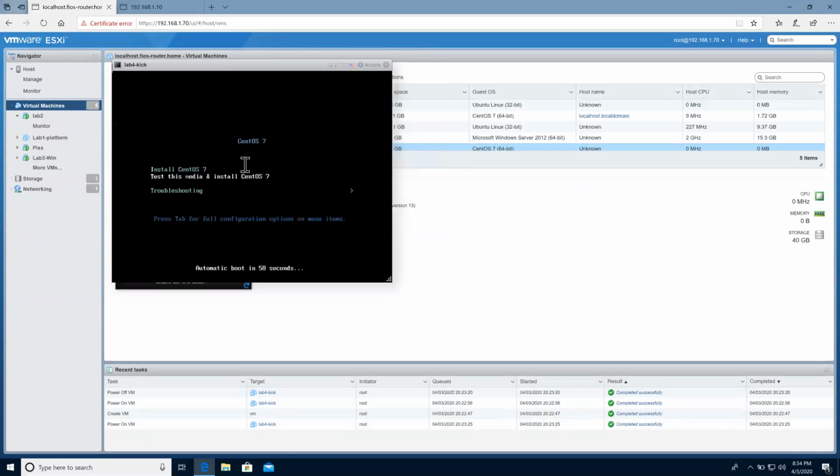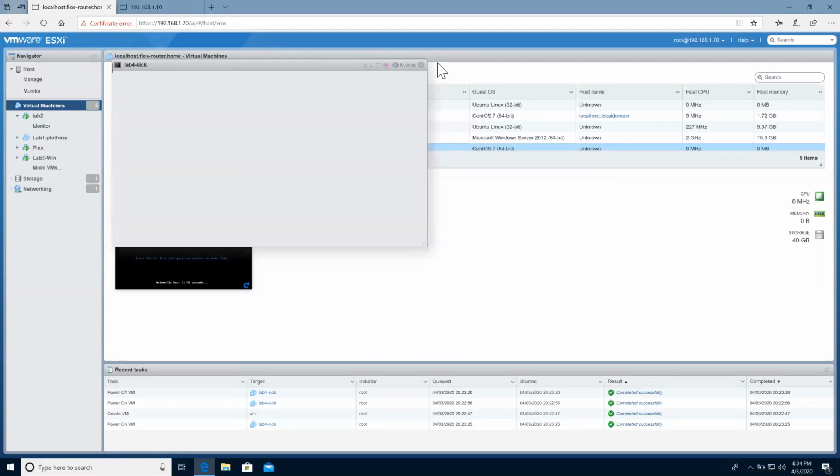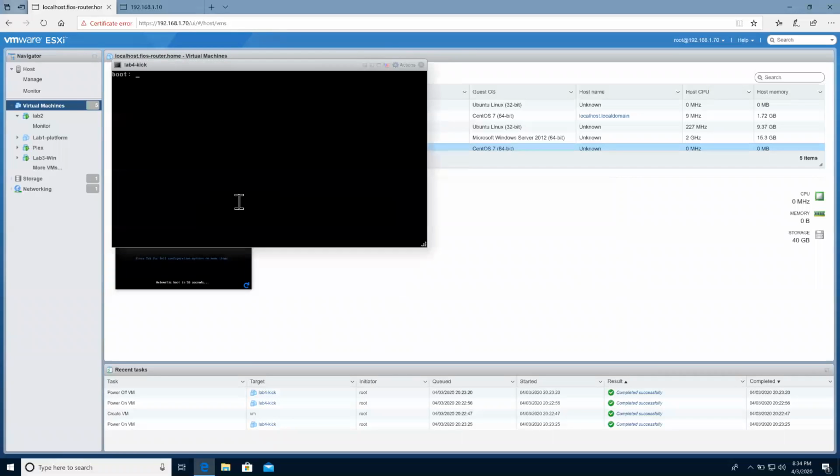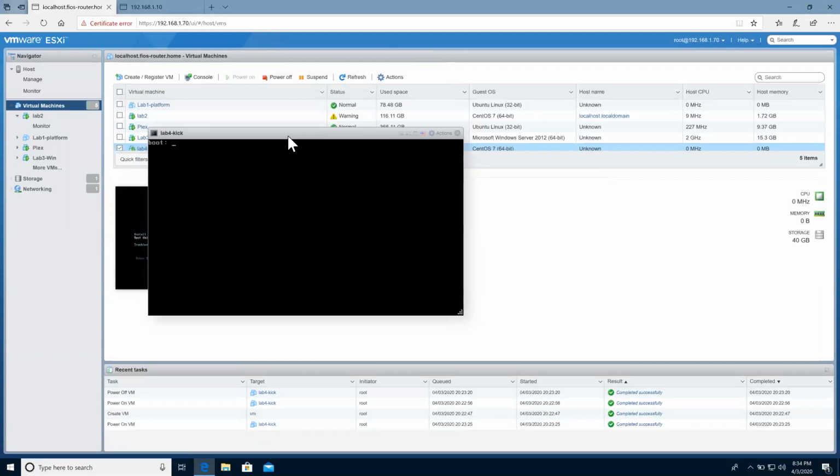All right, so instead of hitting enter, we're going to hit the escape key. Hitting the escape key will now bring up this boot screen here. So you'll hit the escape key. All right, so now what we want to do from this boot screen